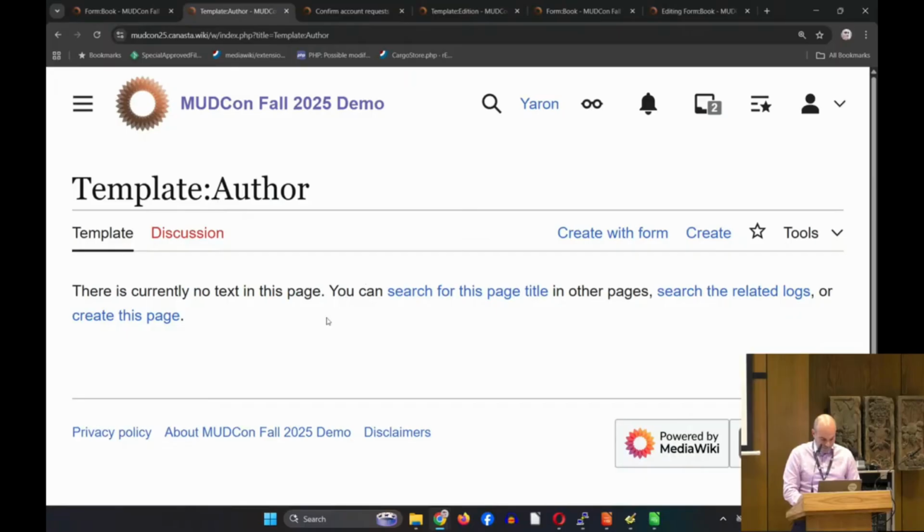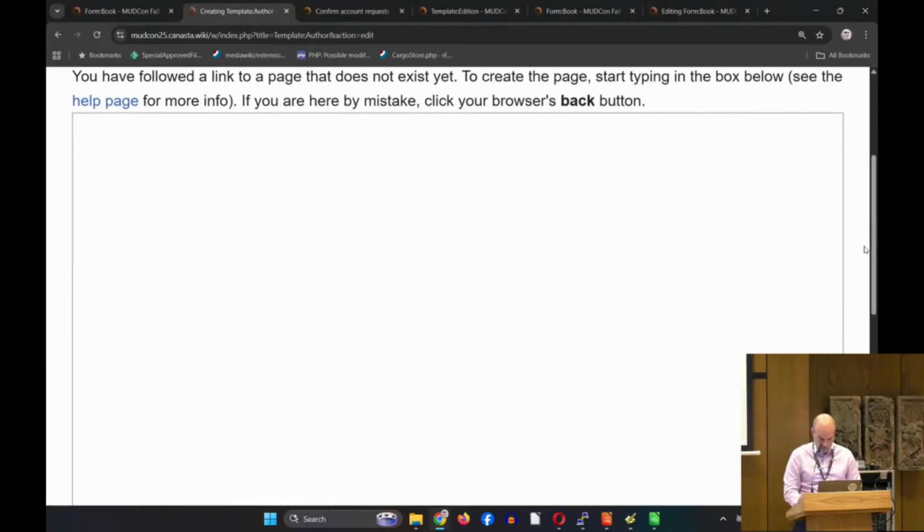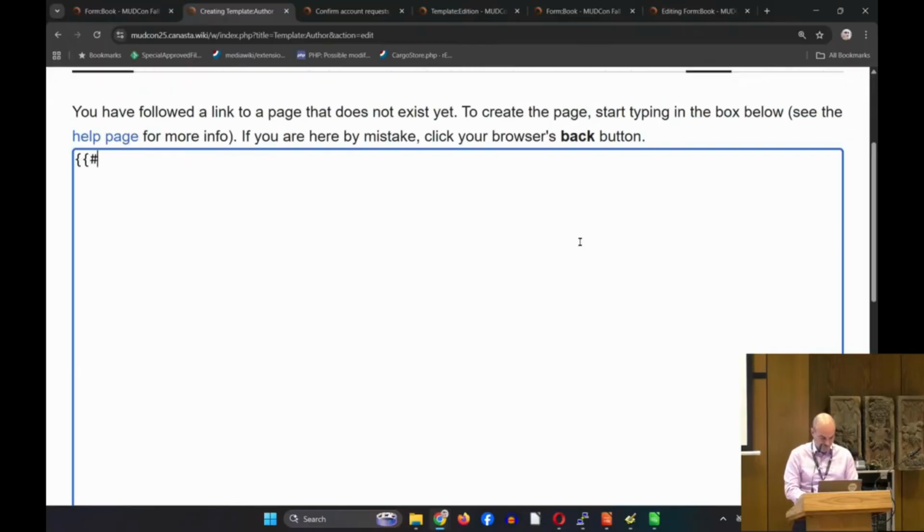So just to clarify, I don't doubt that you can craft something that produces the pivot table results. What my question was, is there a built-in pivot function in Cargo? There's no built-in pivot function. There is at least, I think, in special create template, which comes from page forms, you can specify this template should aggregate fields from this other